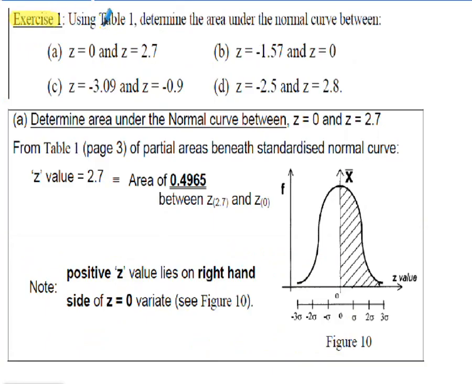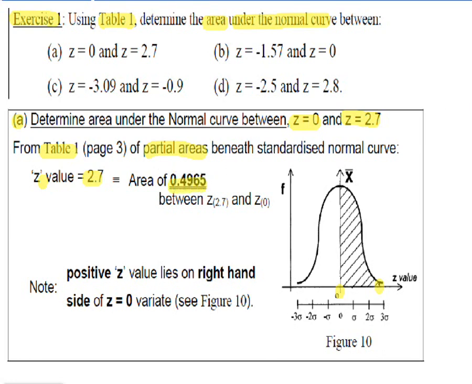Exercise 1, it requires us to use table 1 to find the areas under the normal curve given in part A. Got to find the area under the curve between z is equal to 0, this point here, and z is equal to 2.7, this point up here. So from table 1 of partial areas on the previous slide, we find for a z value of 2.7, the area is